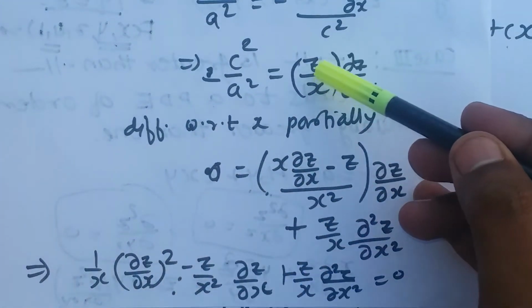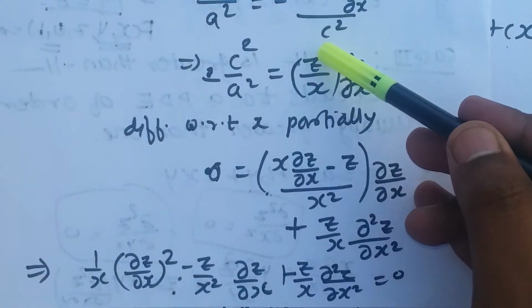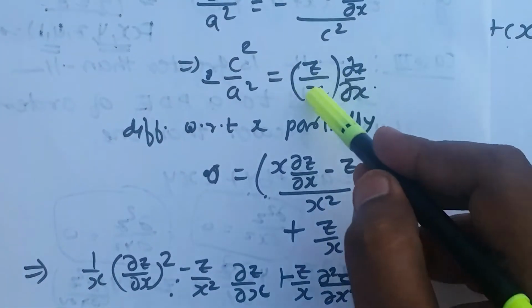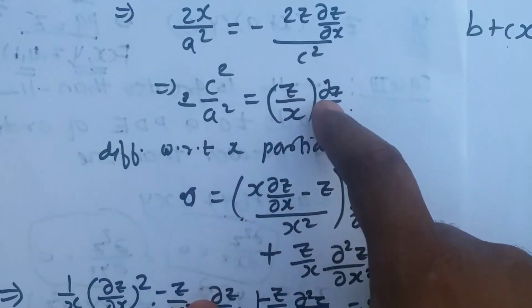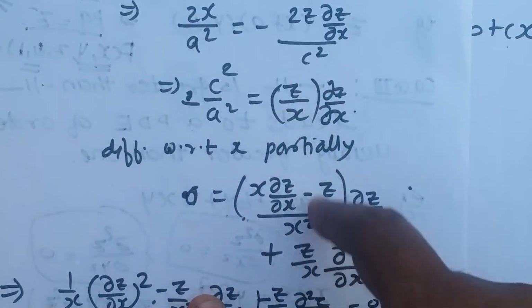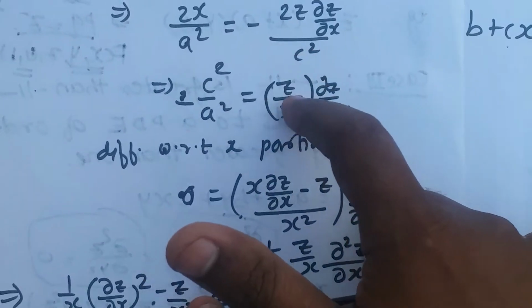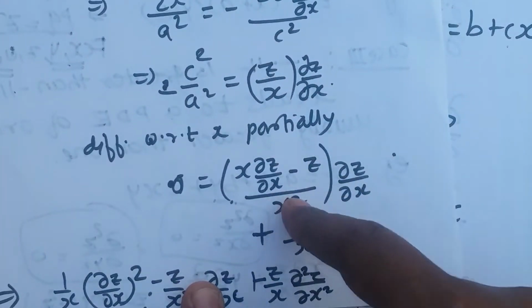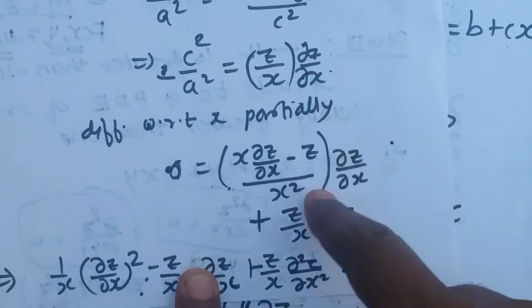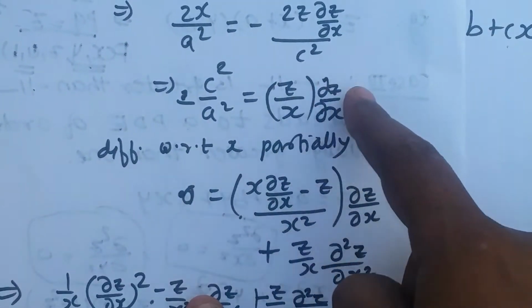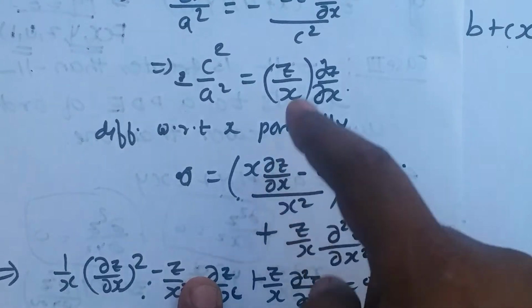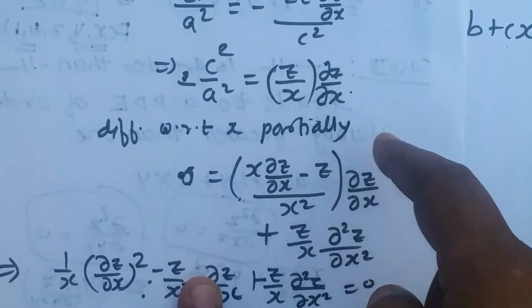Again, for differentiating, in the numerator we have z, which is a dependent variable, and x is in the denominator. We are differentiating with respect to x, so both terms contain x, hence the u by v rule for its differentiation. By the u by v rule, the derivative of this will be this, and this function as it is at that time, plus z by x as it is into the derivative of this, which will be del 2 z by del x square. So this derivative I obtained by the u into v rule on the right hand side.